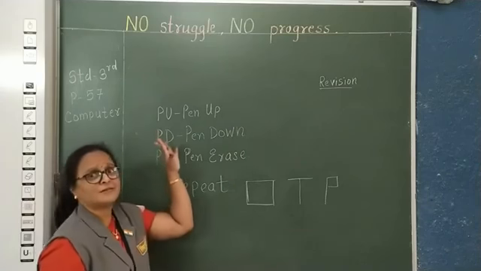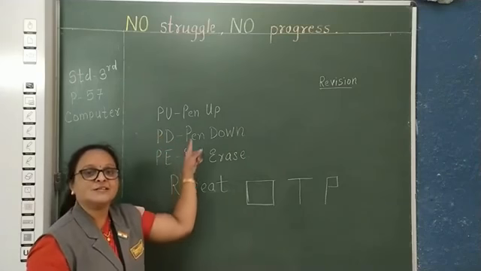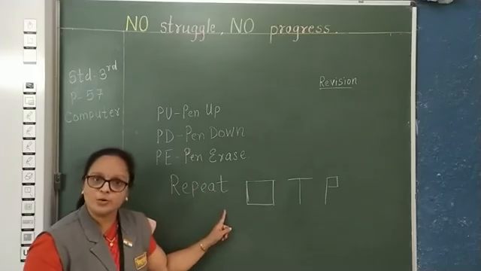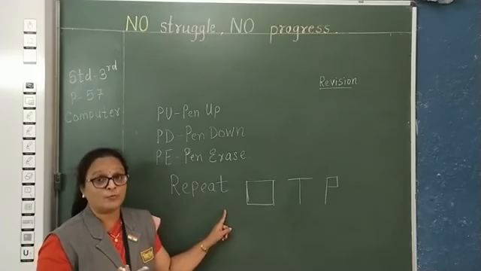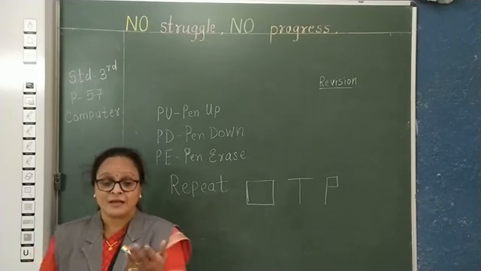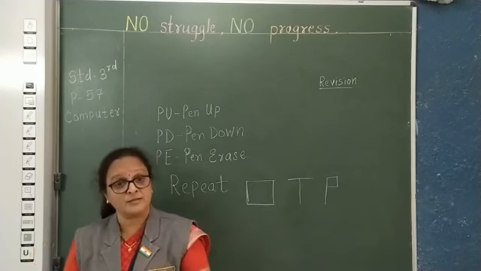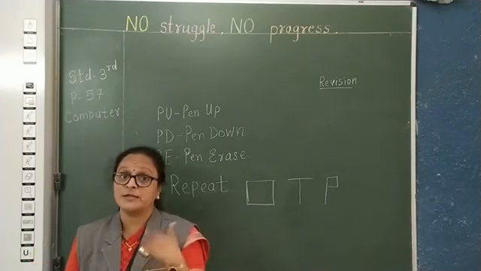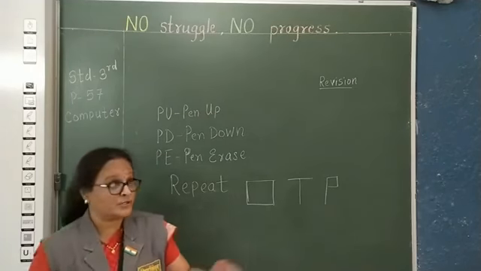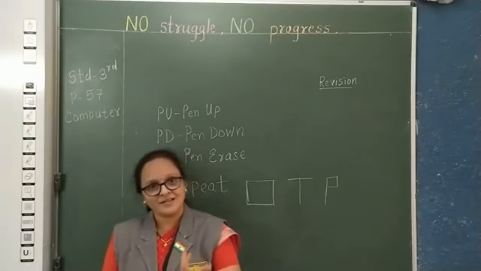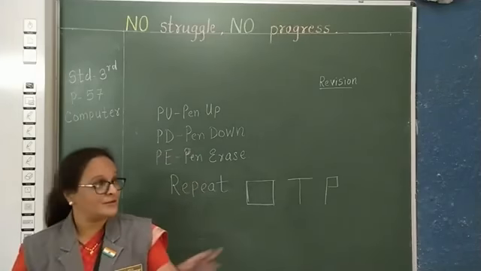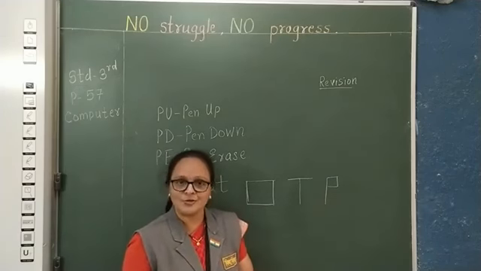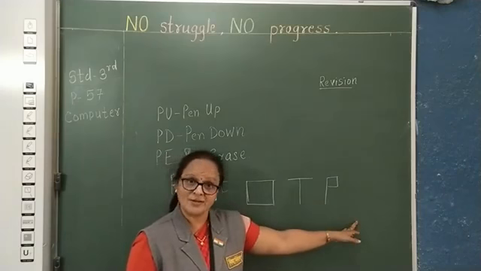I hope you are getting it very well about this PU, PD and PE and then repeat also. Okay, with the help of repeat you did many figures like square, then both the rectangles. Why? Because again their commands are repeated. Now say the next example we have tried, like some of the letters like P, then C, then U, isn't it? Just P's opposite, you can say 9 number or you can say ulta P also. There also we use this PU command, isn't it?